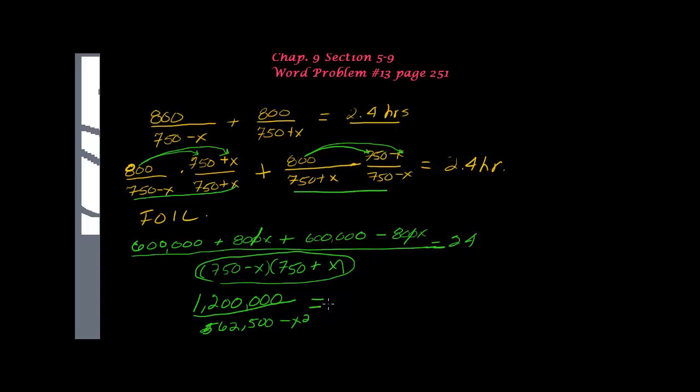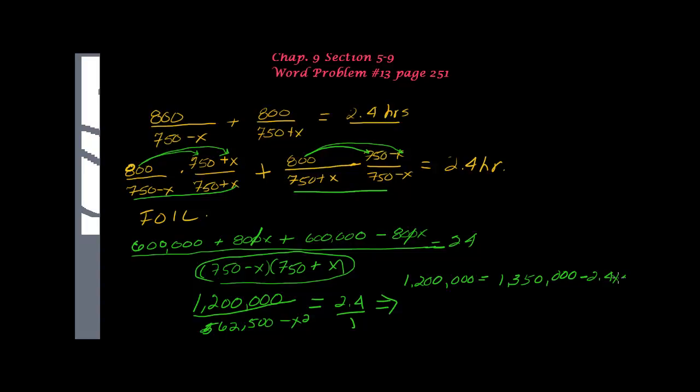That is equal to 2.4 over 1, cross multiply, and we're left with 1,200 is equal to 1,350. I'm going to run sort of out of space here, minus